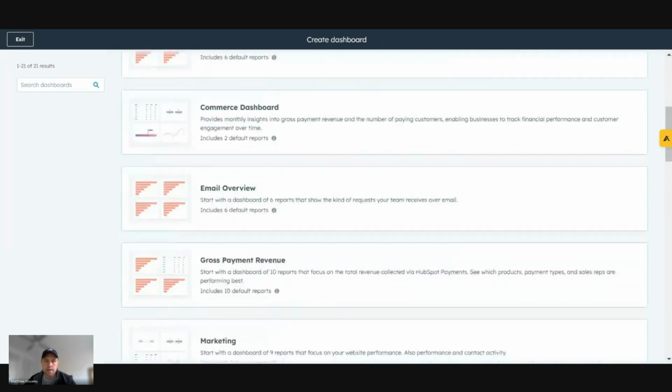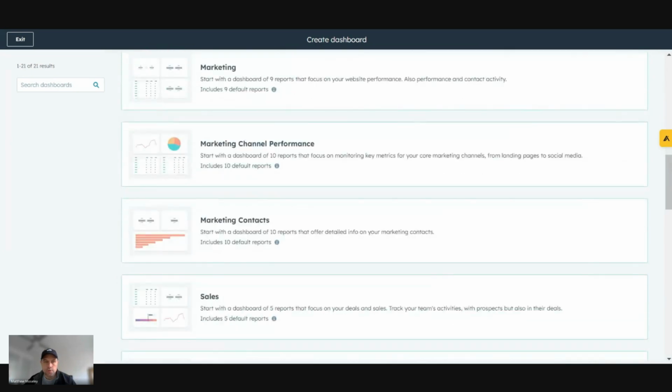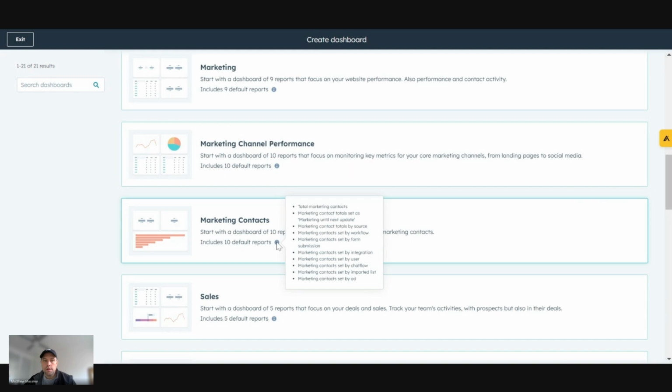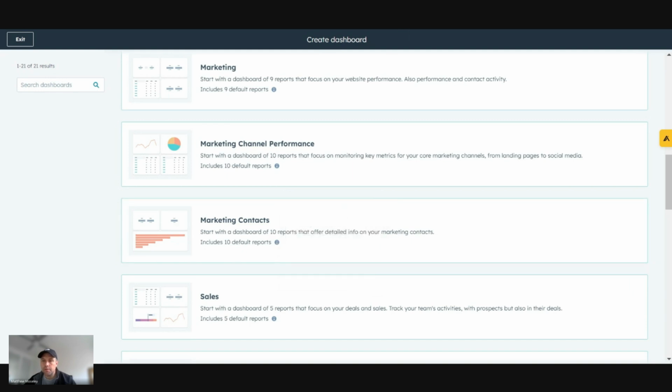So as you see here, we go down, we've got a range of different dashboards, and they outline quite clearly 10 reports that offer a range of different features. If I highlight on that, it gives me the actual reports. Now, you can use this as a base if you're not happy with the way dashboards are currently set up, or you want to add in additional ones, because you can then customize those reports and go further into that. For those who've been set up by us previously, we use a mix of some of these dashboards and then customize them further to suit what you guys need.